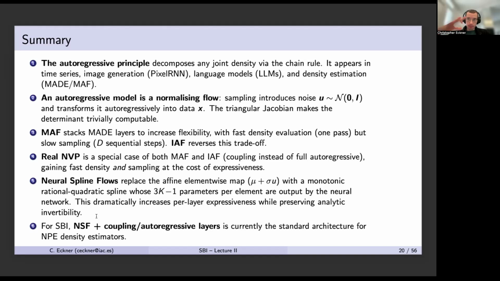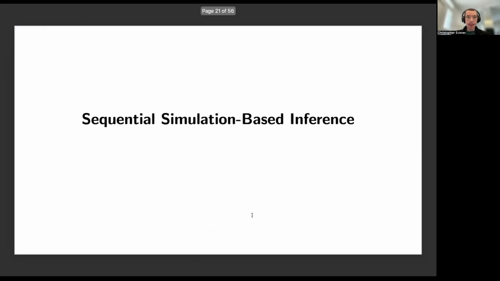Before I go over to the next topic, questions about this more technical part about normalizing flows and the autoregressive nature of these models? If not, then let me introduce the next topic, which is,